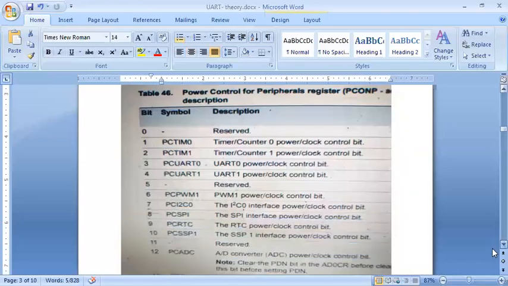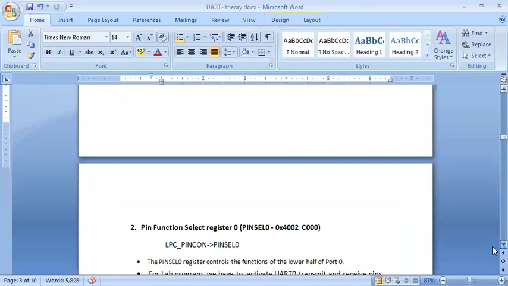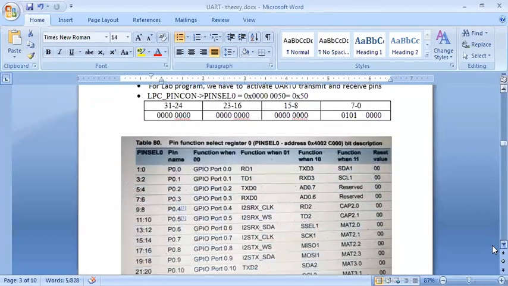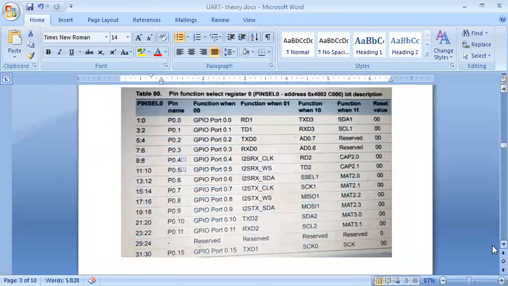Now coming to the next register, which was your pin select. I have to select which pin I'm going to use here. Now if you come to UART, which UART are we using? 0. So we are working on TXD0 and RXD0. Since it's a serial communication, it has to have a pin for transmission and one for receiving. This is the asynchronous receiver and transmitter. So I have two pins here, TXD and RXD for UART 0. 0 indicates UART number 0.